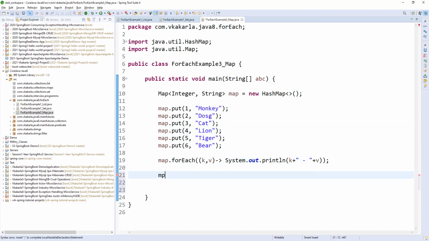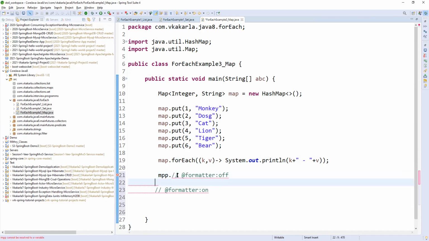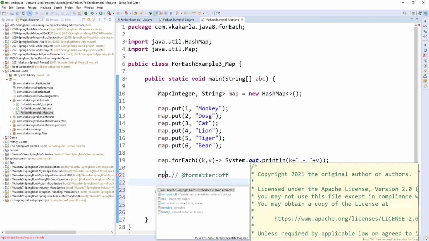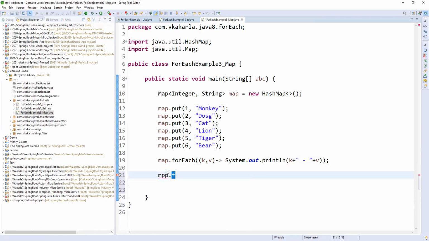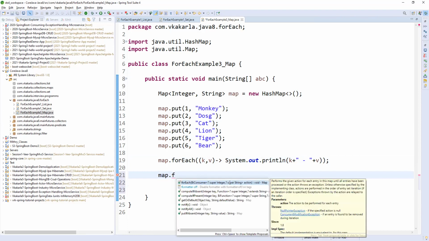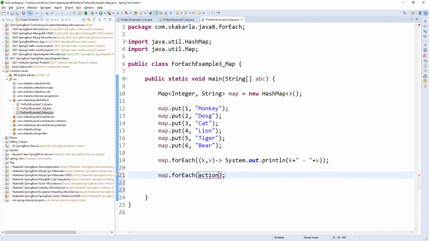So map dot. In that case, map dot forEach. Sorry, I'm giving wrong, right? Yeah, forEach. So here you can use this as a function. So here this is the function.